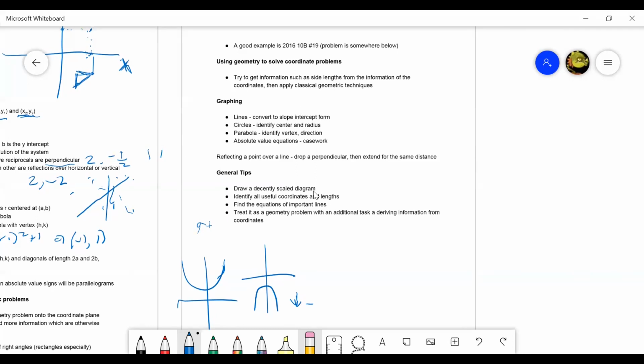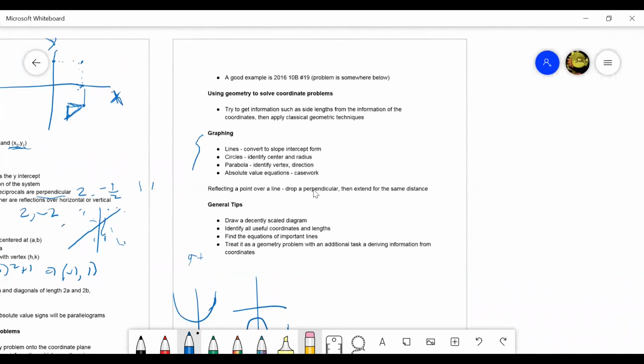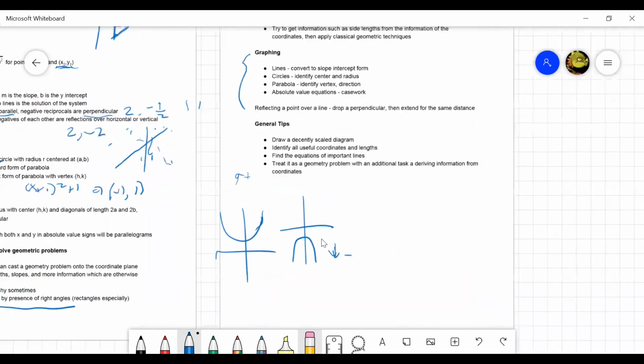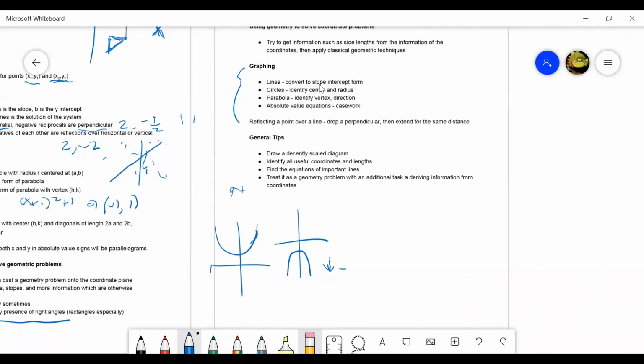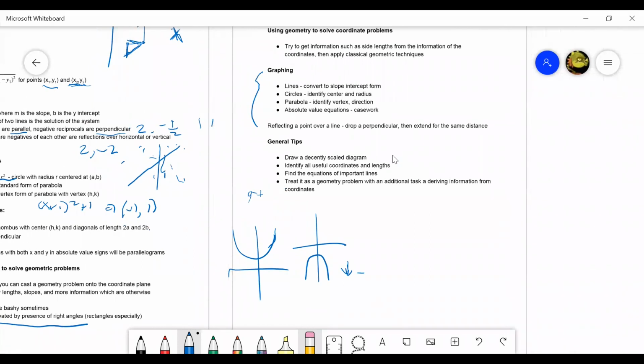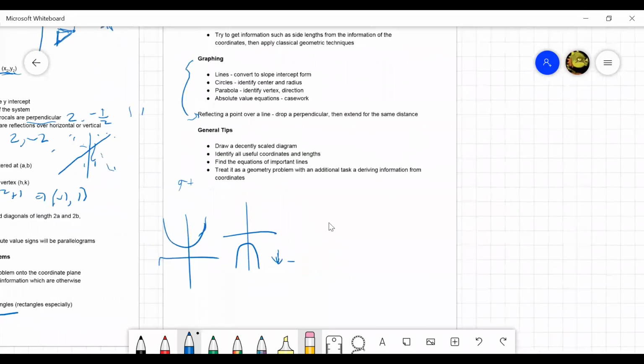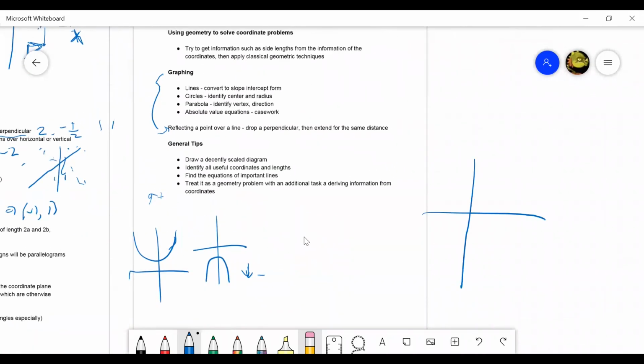All right. This is all really stuff we talked about. Now the graphing, and this is a summary of what I said before and how you should go about graphing each of these shapes. And yeah, reflecting a point over a line. When you see a problem about reflecting, and you will see that in coordinate problems, if you have any line and a point, and reflect the point over the line, you would just draw a perpendicular from this point to the line. Then you would draw another perpendicular of the same length,